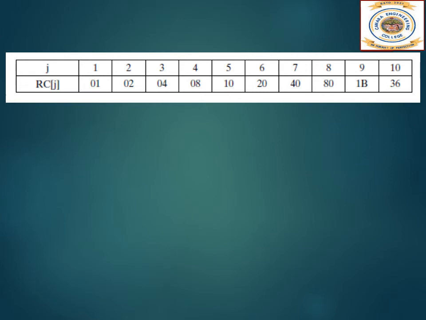Now previously we have seen the function g. In the function g we had a round constant, RC of j, right? Here we mentioned that RC of j is going to change, while the other 3 bits are going to remain 0. Now how is this RC of j going to change at every instant? The new RC of j will be 2 into RC of j minus 1, that is the previous. Now there are 10 rounds of key generation. For all 10 rounds we have to generate a separate key. So in the first round, say that RC of j is 1.